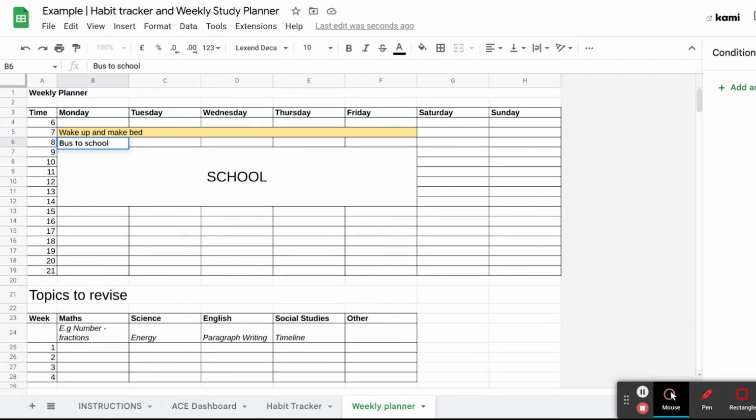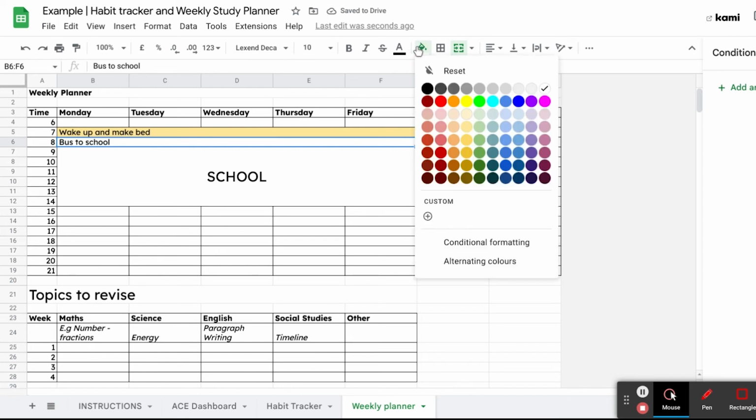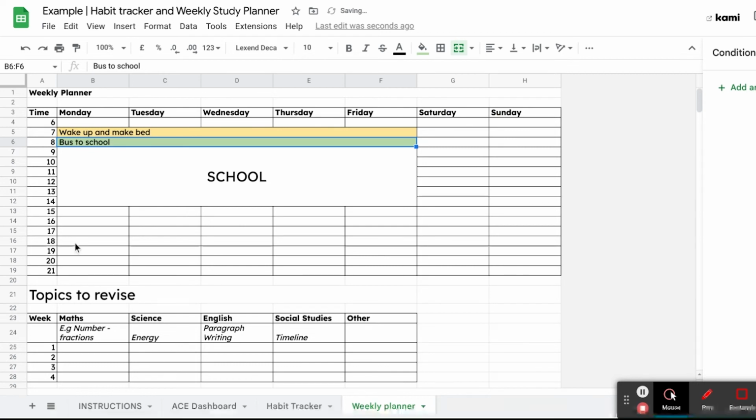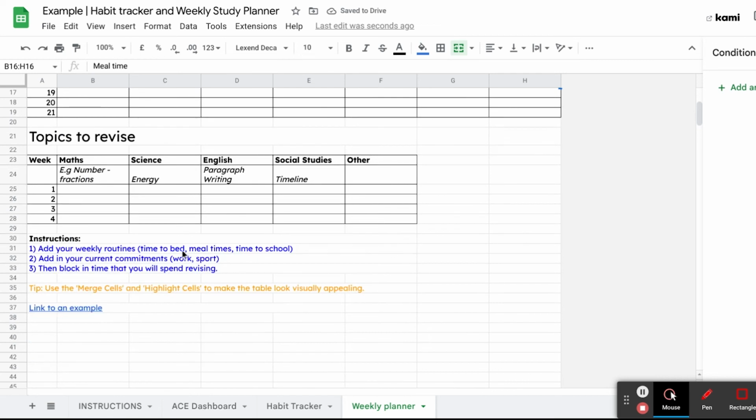And again, rather than typing in bus to school in each of these cells, they can merge that one cell across all these other cells using the merge tool over there. And even further, they can give it a flash color by changing the fill. So we go through here and they put in all those different things that normally happen each week. And again, making it nice and quick by using the merge cell feature, and maybe making it even pretty, putting in some colors. And then after they've put in those normal routines, they can add in their current commitments,